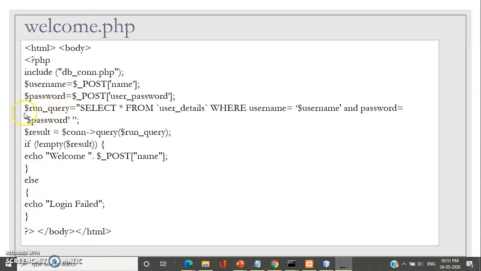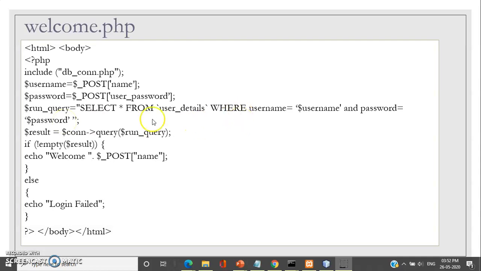So what is the query? $query: select, this asterisk stands for all, so select all from user details, the table that we have created, where username is equal to $username in single quotes, the username that is passed here, and password is equal to password. Okay. So from this query it will check whether there are any records with a particular username and password.